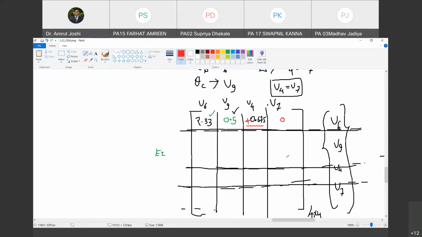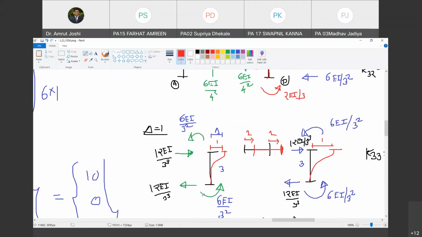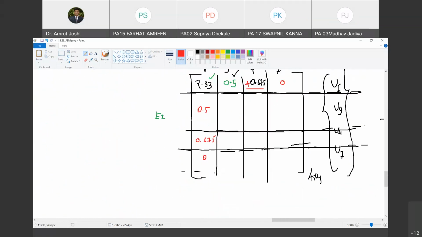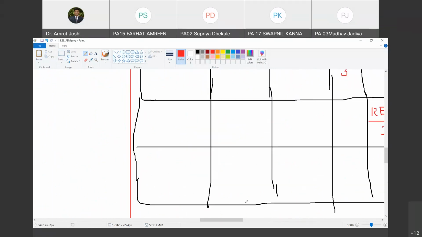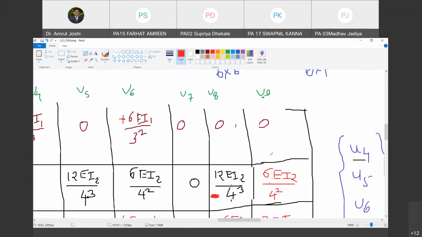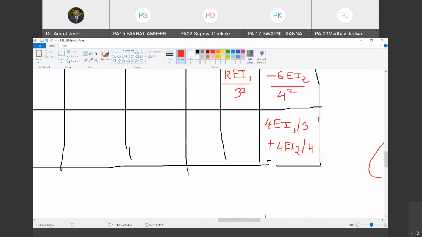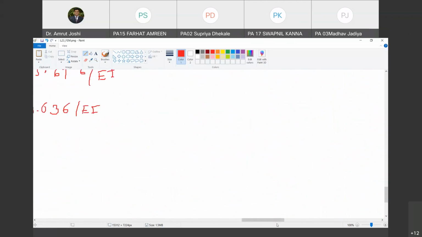नेक्स्ट लाइन में मुझे ये एलिमेंट्स लिखने हैं, तो क्या लिखने पड़ेंगे? तो फर्स्ट ऑफ ऑल मैं ये एलिमेंट्स लिख देता हूँ. 0.5, 0.675 and 0. Are you with me? Yes. ये तो एलिमेंट लिख दिए. And then what else I need to do? I need to find out U9 and U9 intersection. U9 and U9 is the last element. It is 4 by 3 plus 4 by 1. So it is 2.333.